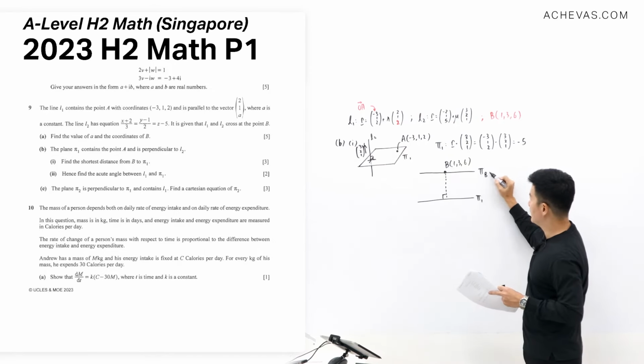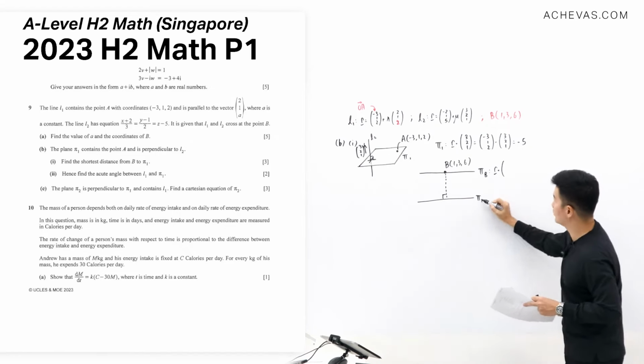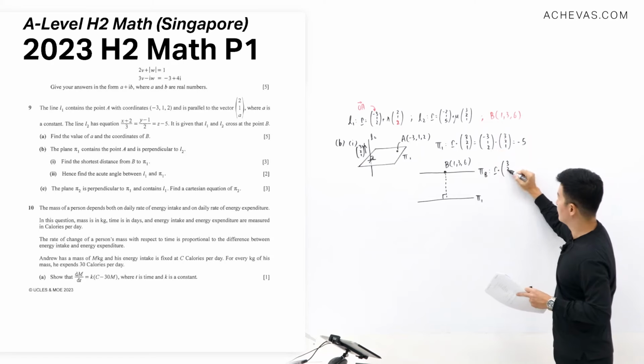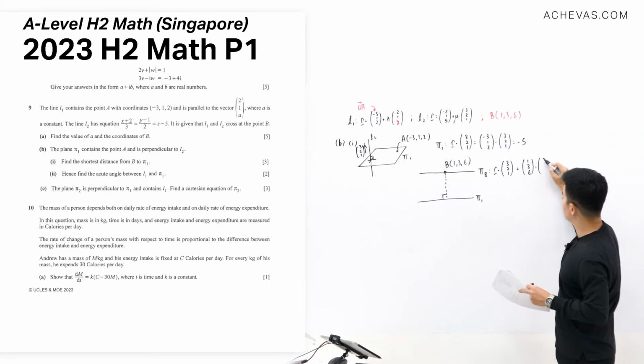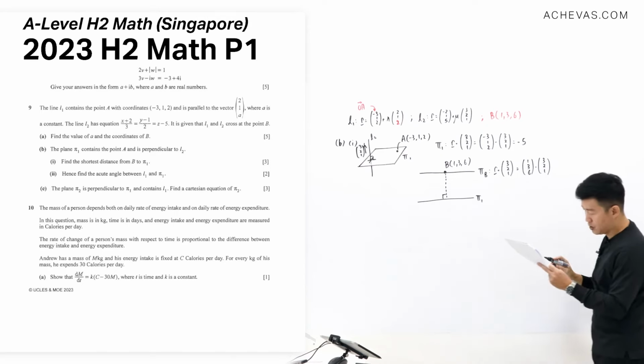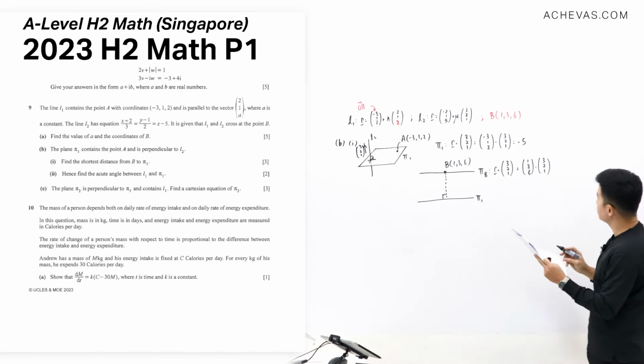I'm going to call this plane pi B. Since it's parallel to pi 1, it can share the same normal vector. And since it passes through point B, I'm going to replace this r by (1, 3, 6), so r dot (3, 2, 1)